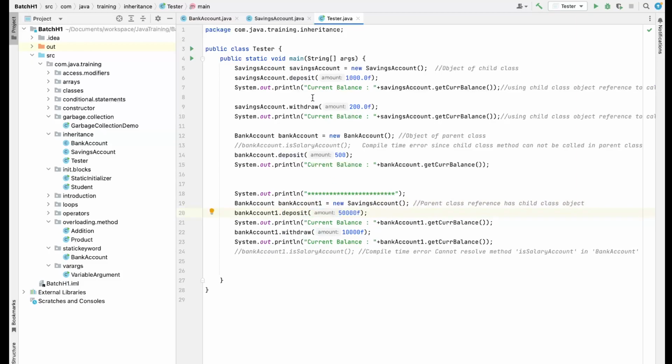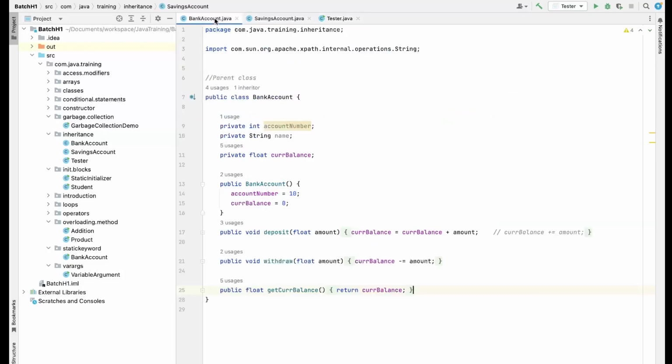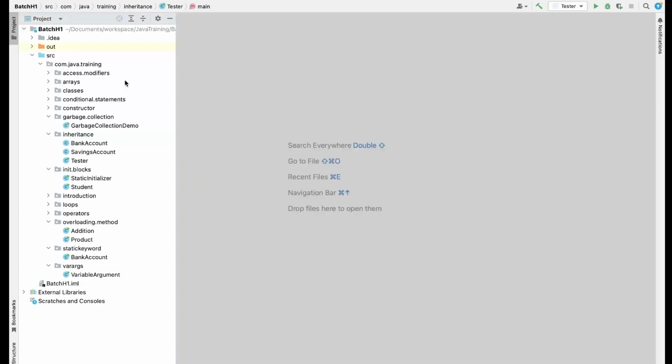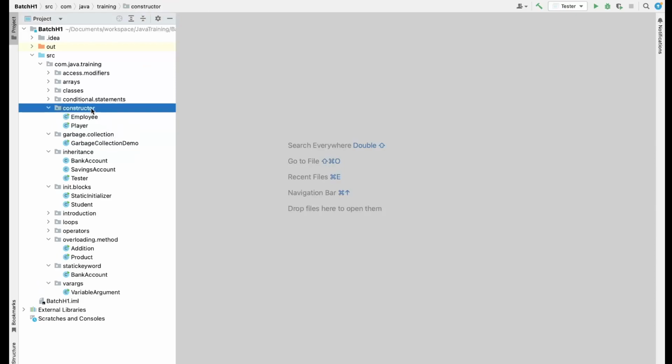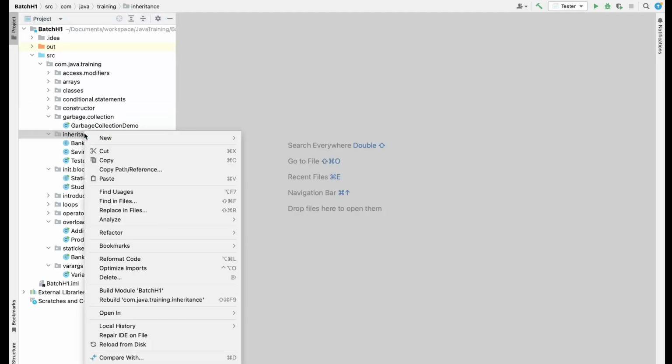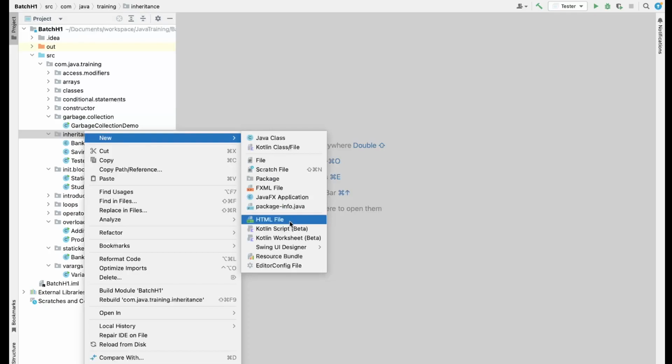So this was the example which we saw in the previous class. So this was inheritance of methods. We basically created methods in parent class, and we tried to inherit those methods in the child class. Now you are also aware about the concept of constructors. So this inheritance concept also applies for constructors as well. So we'll see today how we can basically